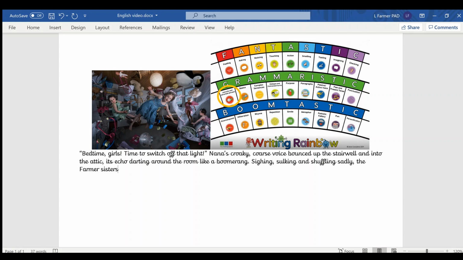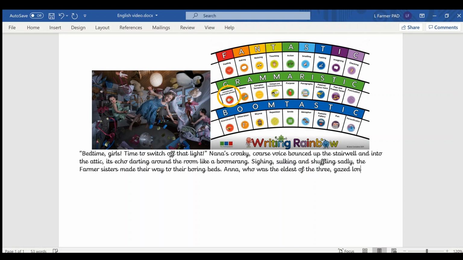Sadly, the Farmer sisters made their way to their boring beds. A little bit more alliteration in there. I'm going to name my first sister after a Disney character, Anna, but I'm going to make it Anna. Anna, who was the eldest of the three. Now, this is one of our Year 5 curriculum skills, putting in relative clauses. So I've made this clause relative to Anna, who was the eldest of the three, and I've made sure I put my commas around the edge. So Anna, who was the eldest of the three,